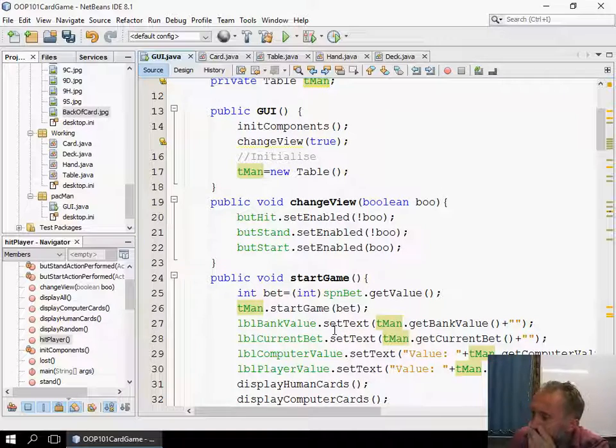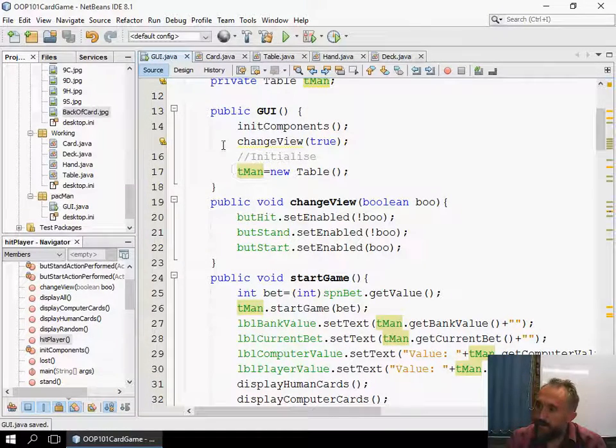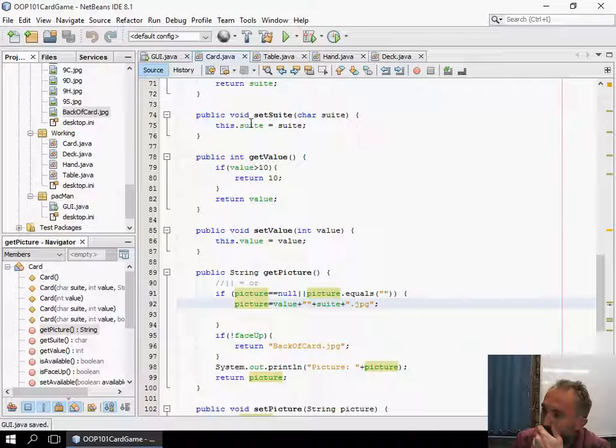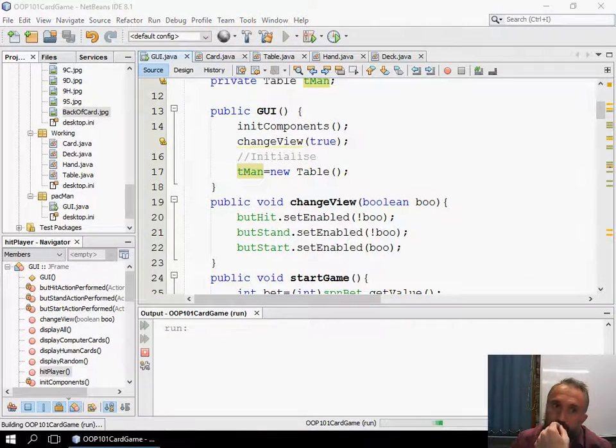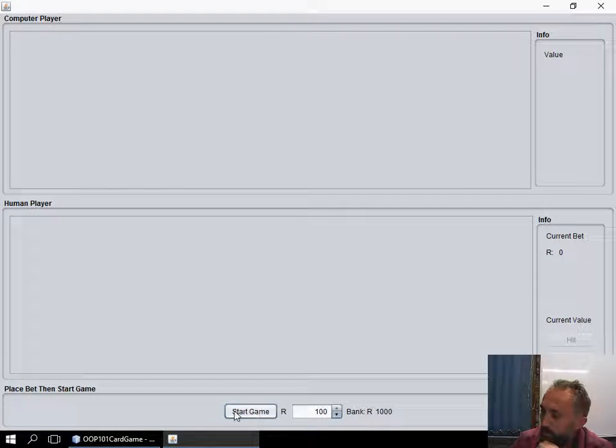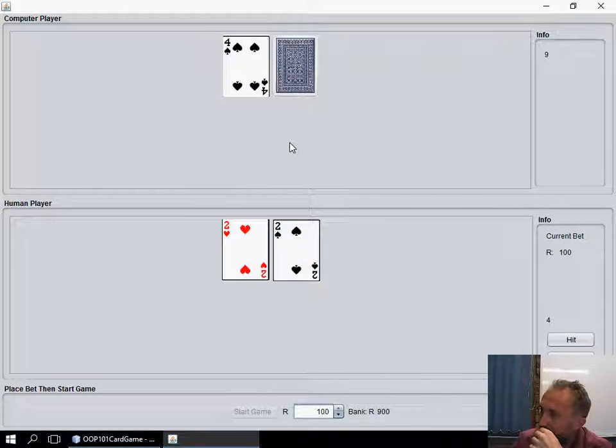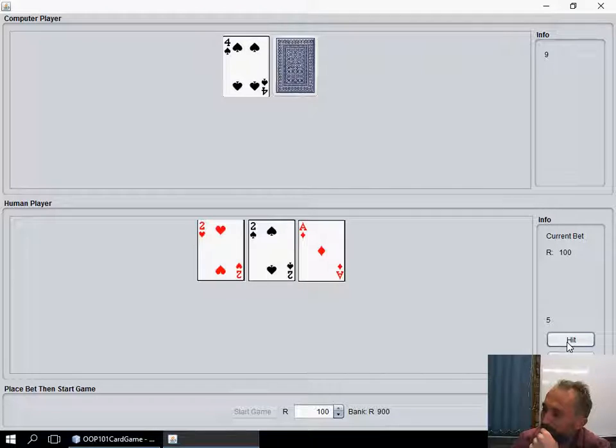So the value should be going through, but something's going wrong with my cards at the moment. My card methods. Let's just check what the value is, just because it might also show us a bit more of what's going on. So start, their value is 9. Now the fact that it's displaying value now, it shouldn't display value right now, because we haven't pressed stand yet. So I think that's a bit of an error. So I know that they've got a 5 here currently. So when I go hit,